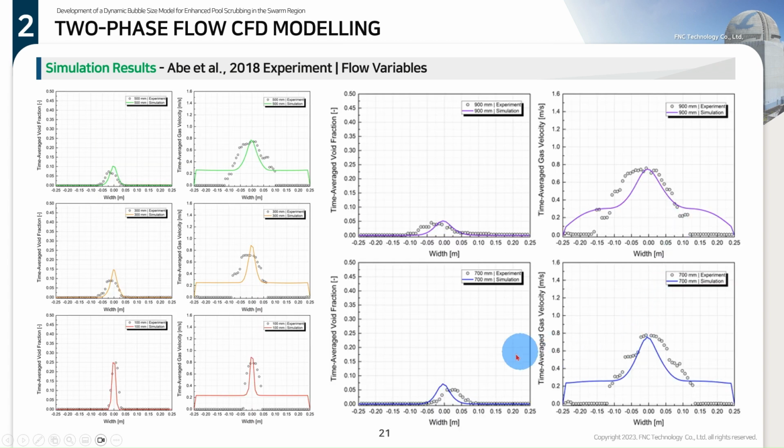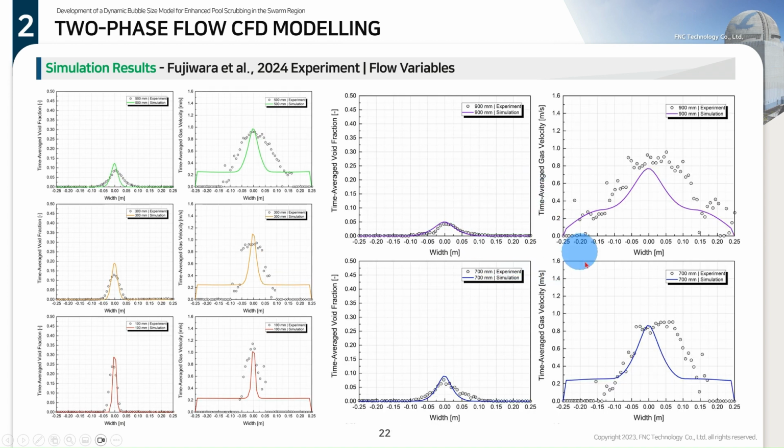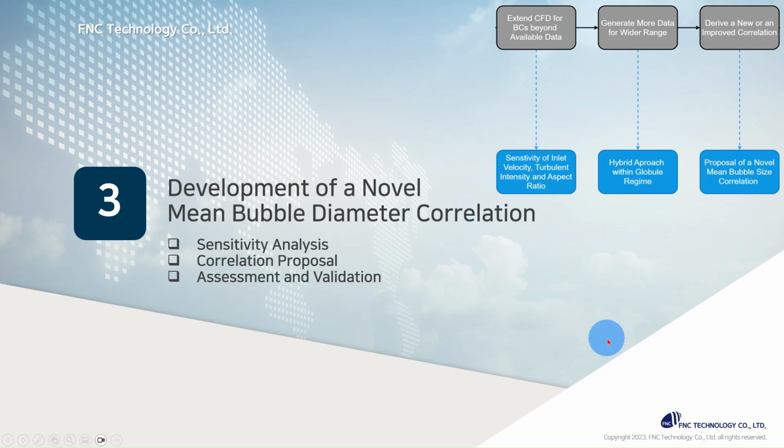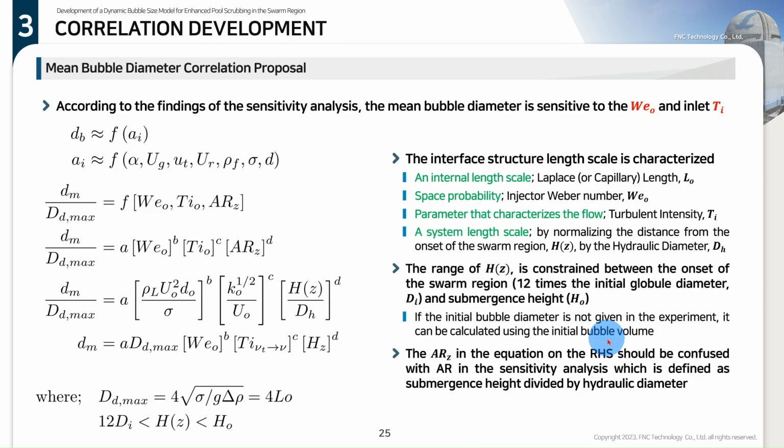Flow variables were captured quite well with the experiment for both experiments here, and the bubble diameters were calculated quite accurately with the experimental data using the proposed methodology. Now that the flow variable and the bubble diameter are calculated correctly, they can be used to propose a new correlation. This correlation is a function of the inlet turbulence